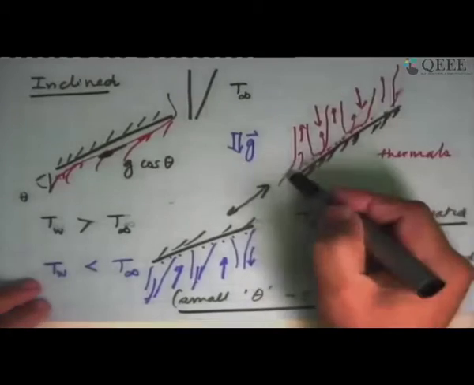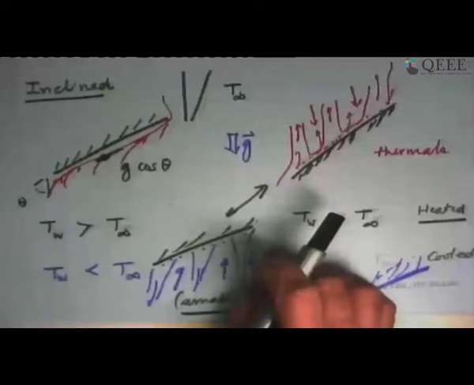Where would we find such surfaces? Well, this is what you would see when your house has a roof which is like that. And these types of things you would see inside buildings also, or maybe even in, say, the hood of an automobile, where the hood is at an angle and it is getting heated, and what type of flow do you see in the engine compartment? That's what would happen. So that was an inclined plate.